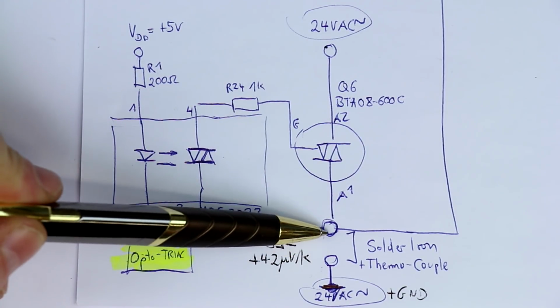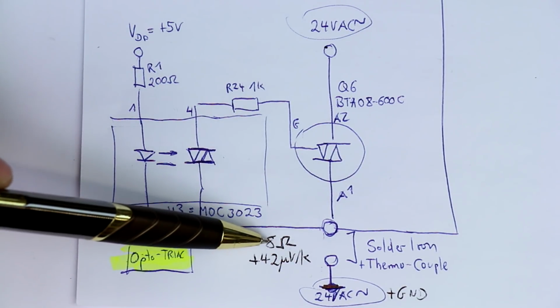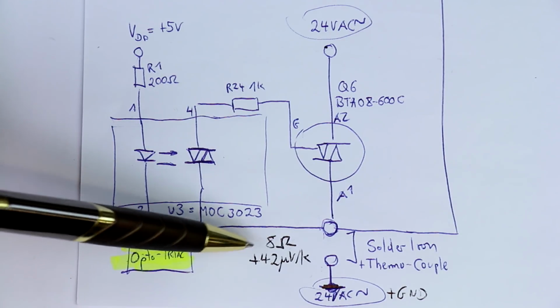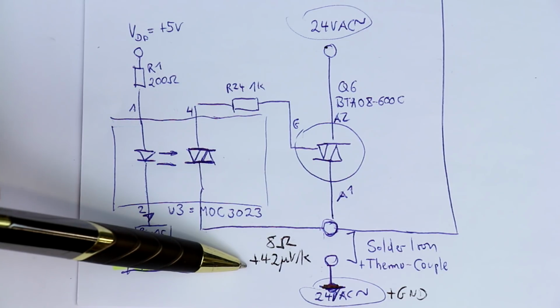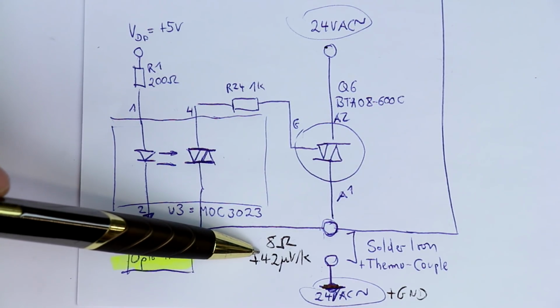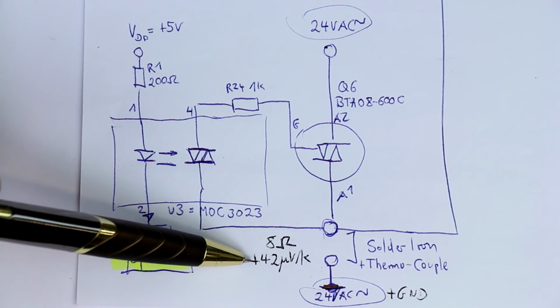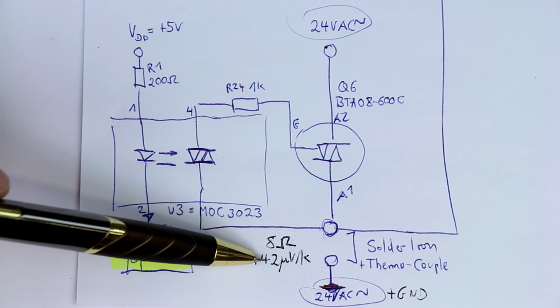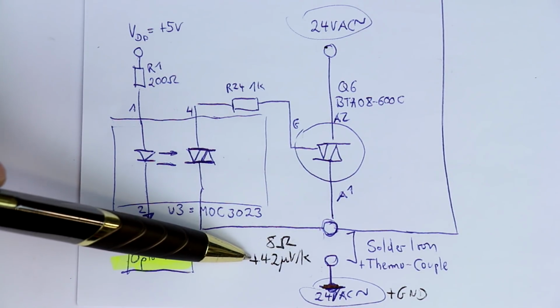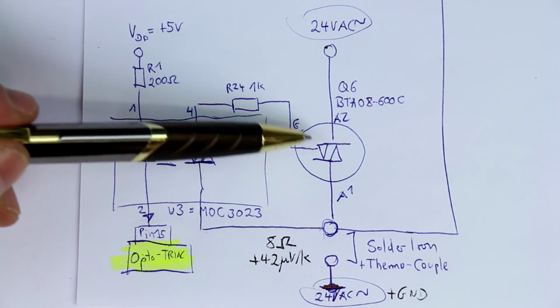Now remember that the tip has two elements integrated. It has the heater with a nominal resistance of 8 ohms, and in series with that is a thermocouple which does not measure the temperature at the tip, but it does measure the temperature at the heater. And at an average temperature of 300 degrees Celsius, and let's assume this would be a type K thermocouple, this would give 42 microvolts per Kelvin output voltage,